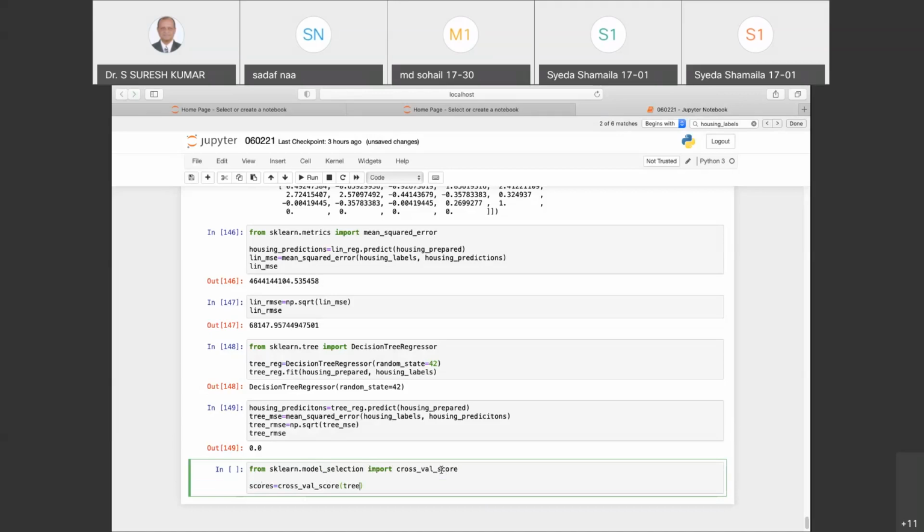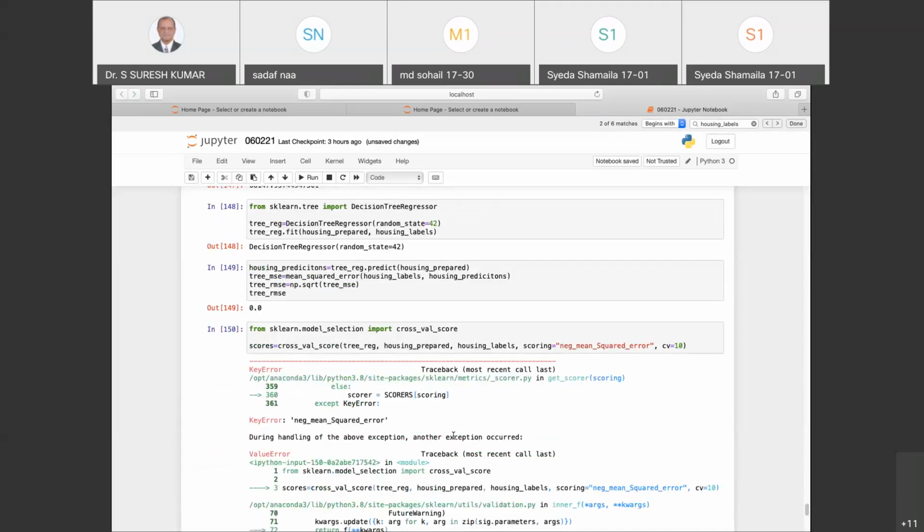I'm using a decision tree, as I told you sometime back: decision_tree_reg, and my housing_prepared, and also I will call my housing_labels. And here my scoring will be negative mean squared error. And I have to also specify my cross validation, which I'll say is 10. This thing we can evaluate and see.